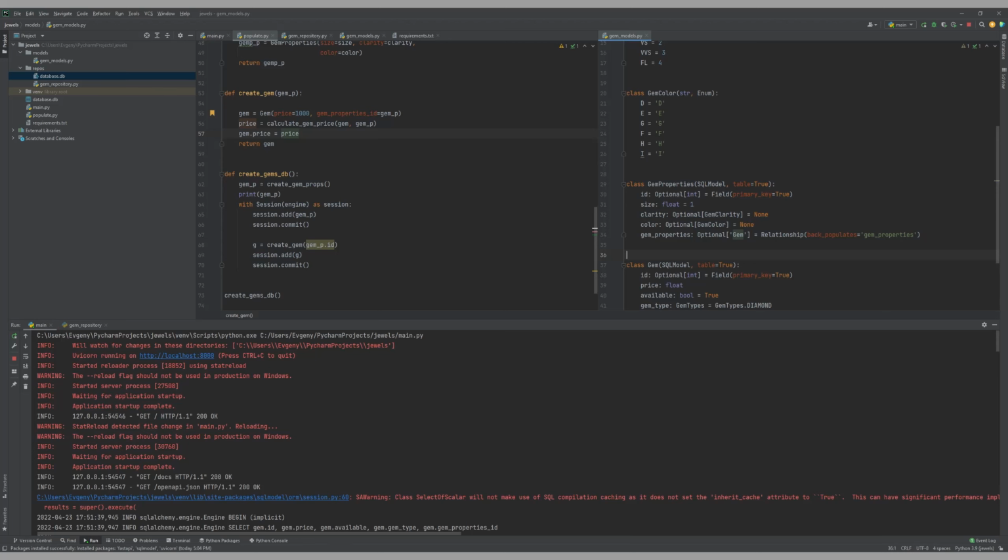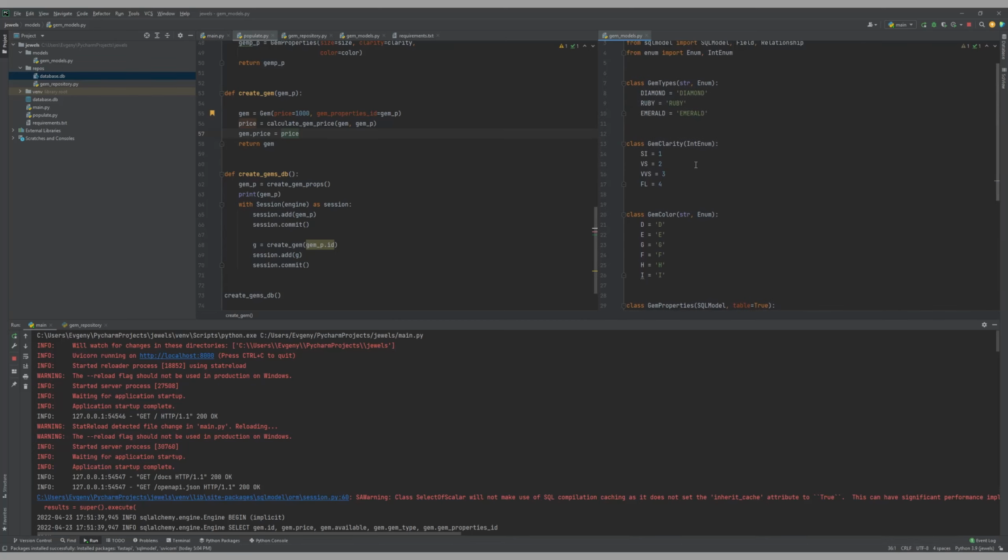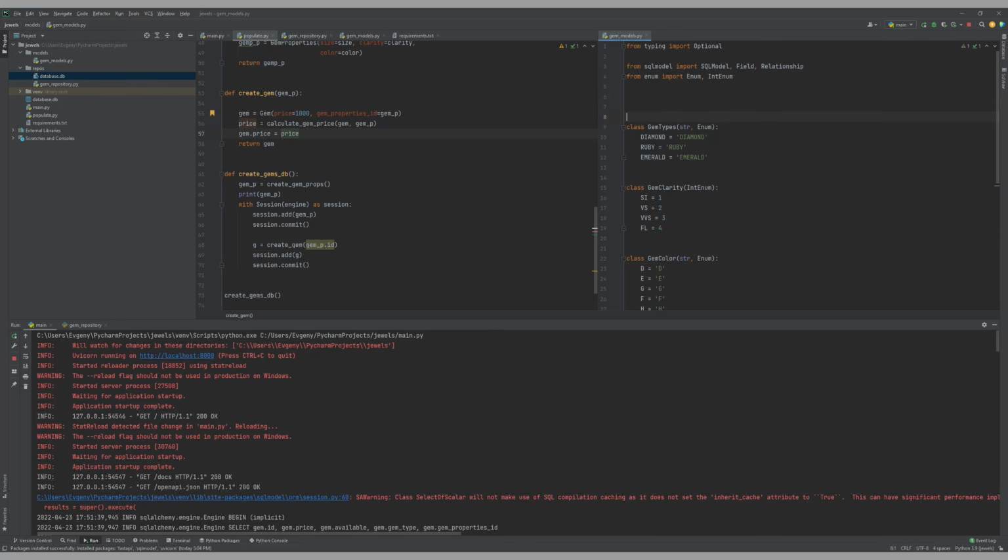First of all, let's modify our enums so we can retrieve the list of what each one of them has, so it can return us the list of that. And how to do that? We just create a class Enum with the same name that will inherit from the regular enum. We create a class method here, and it will be just list. And yeah, cls here, and we will return the list